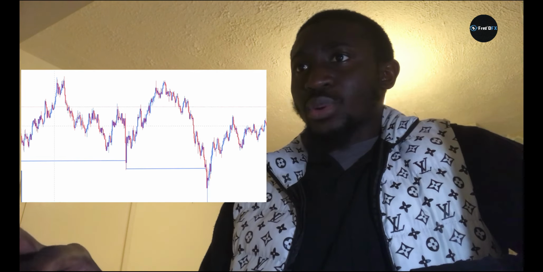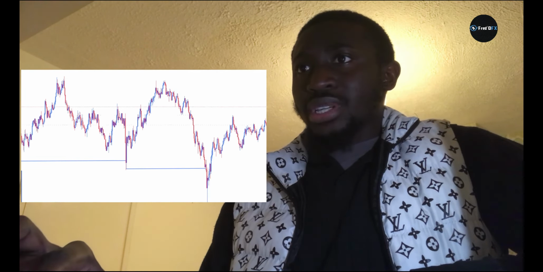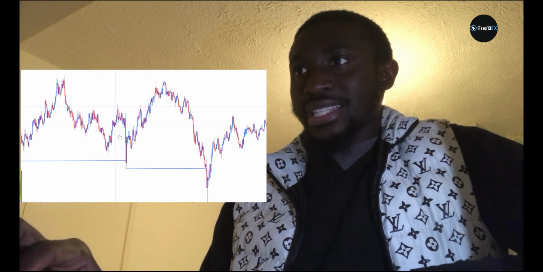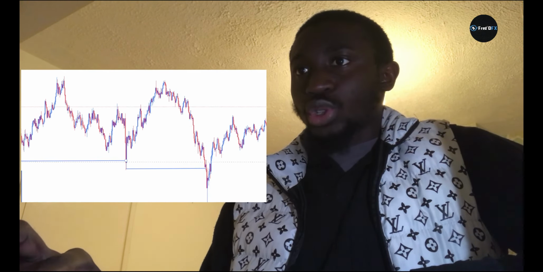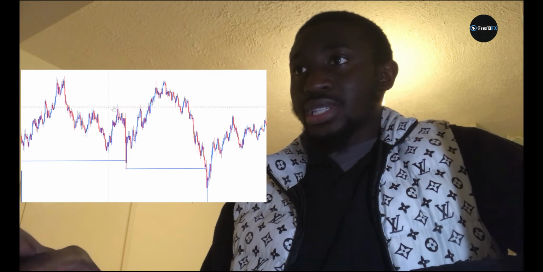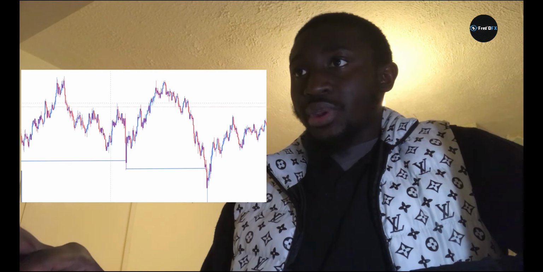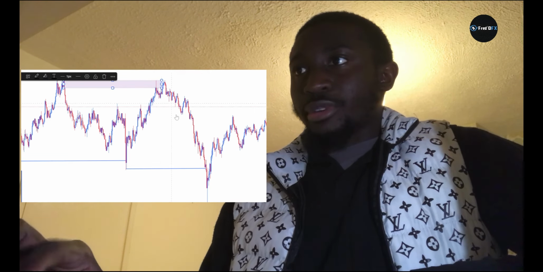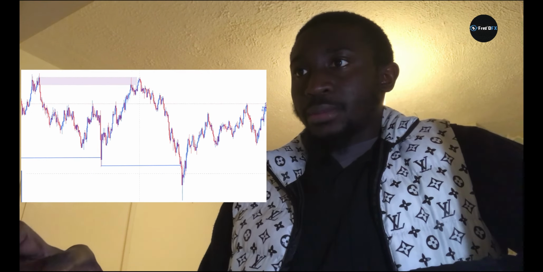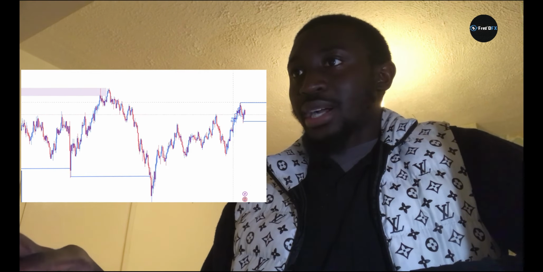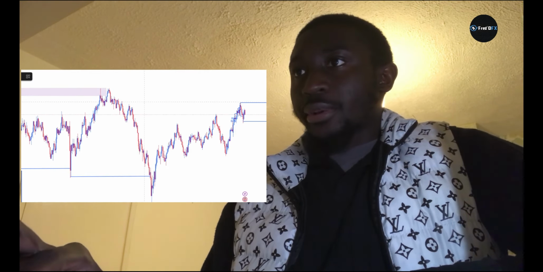So now if you observe, there was all this minor break here, minor break. Then with a pullback, price came all the way down to take out this structure. So there was a break of structure from here. So we expect a pullback and swept this inducement area and tap into this other block here. Then before price dropped again, price also took out this structure. And now with a retracement back to this other block.